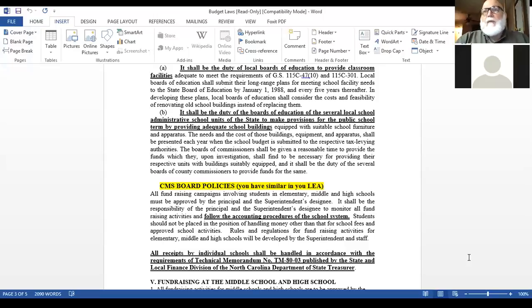The Leandro case ended up, the low wealth people lost their case, but the state did say we'll start an education lottery, and they have, and a very small portion of that money goes into a fund to do pork barrel projects, just one-off projects around the state, like build a cafeteria here or build a building there, something small,